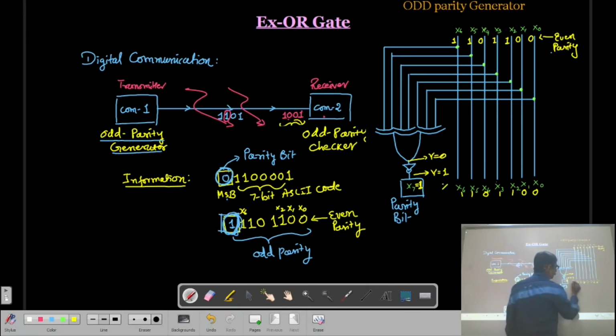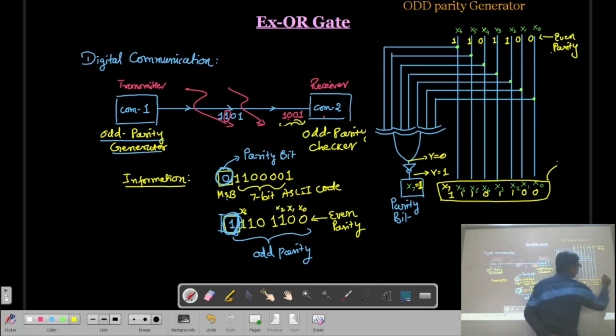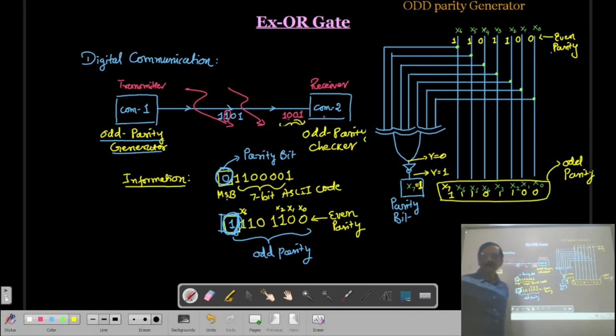So here x7 is going to be added, and now this information is with the odd parity. So in this way you can generate the parity bit.